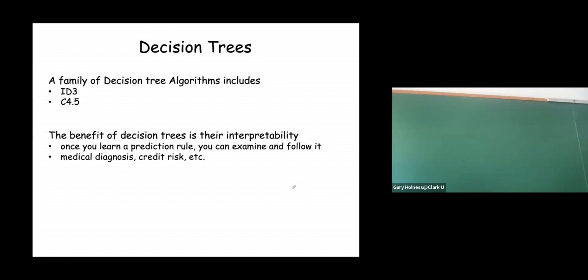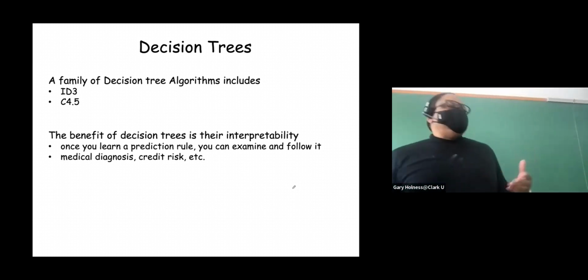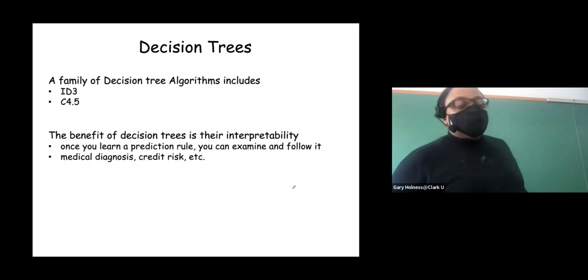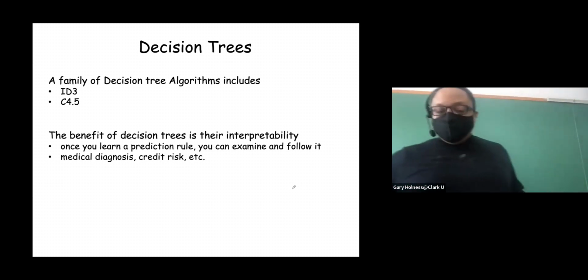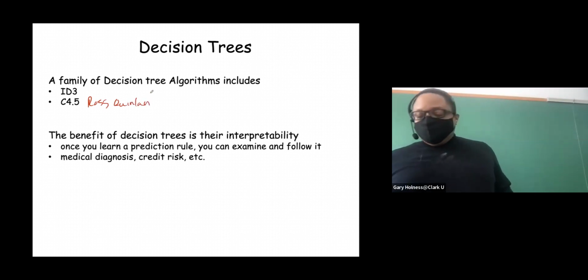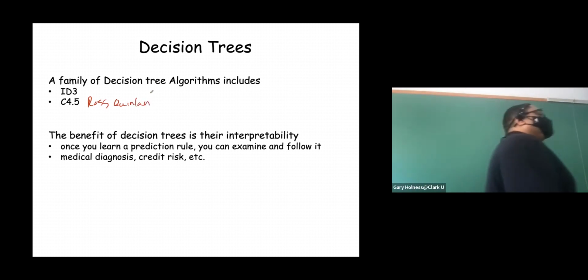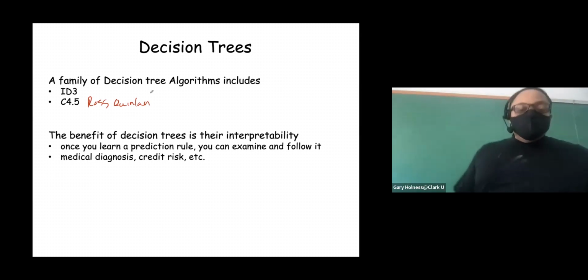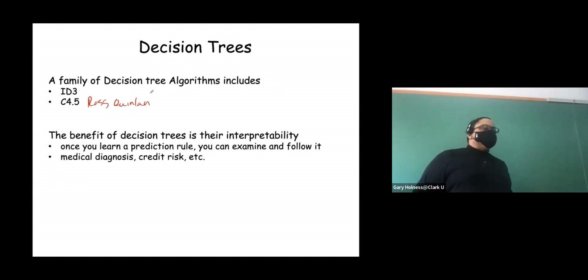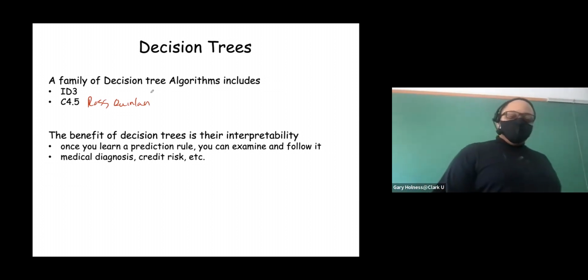Okay, and so the two learning algorithms for decision trees: the first one was called ID3, Iterative Deepening version 3. And then the improvement on that, which fixes an issue with ID3, is called C4.5. C4.5 was contributed by someone named Ross Quinlan, which is an interesting person because he was never a professor at a university and was not in a research lab. He was just an individual who thought it'd be cool to do some research, and contributed some really nice work.